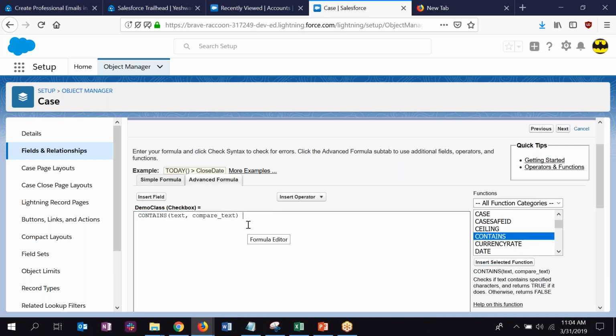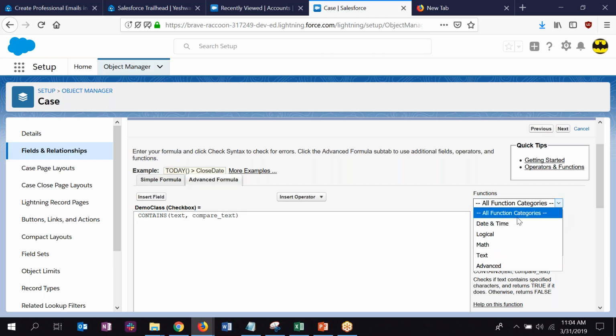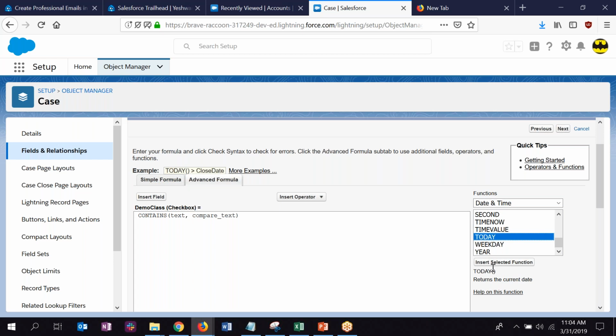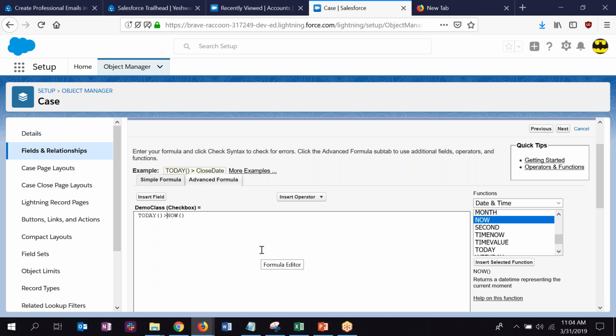Put like this. I think let's take something else. So it's almost like if you used Excel, right? And this functionality is like that. Basically, this is what you're doing. Greater than. I can even search. See, now is here, right? So that's it.